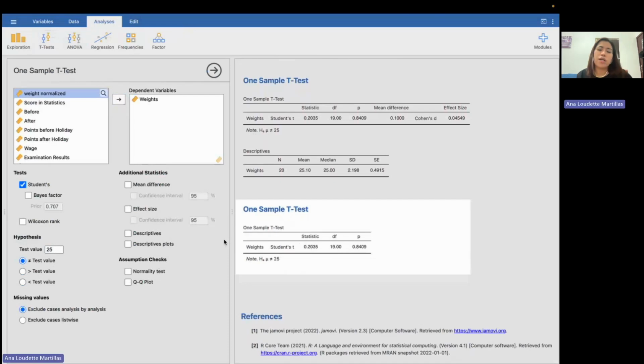the interpretation of the result. So compare the p-value to the significance level of 0.05. Since the p-value is greater than 0.05, we fail to reject the null hypothesis. So the conclusion is the p-value indicates no significant difference. So let's click on the mean descriptive.